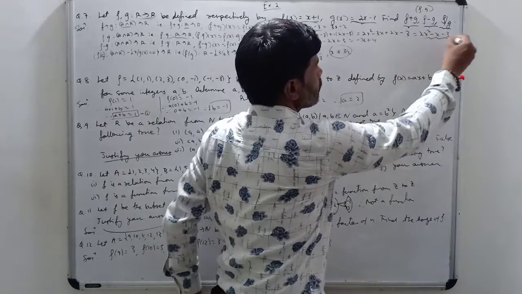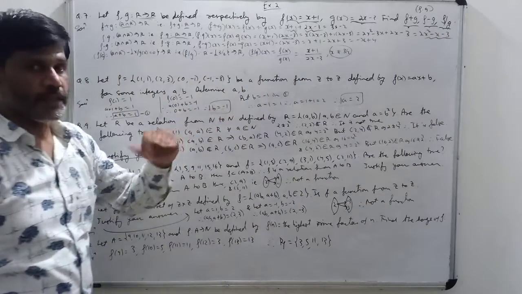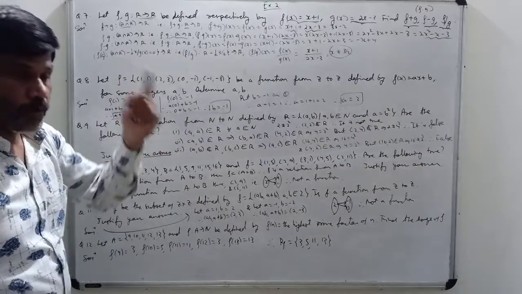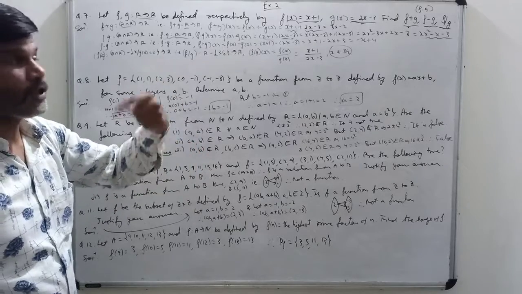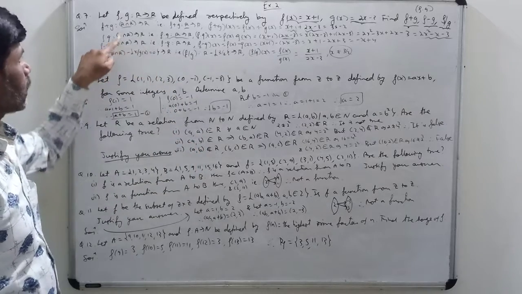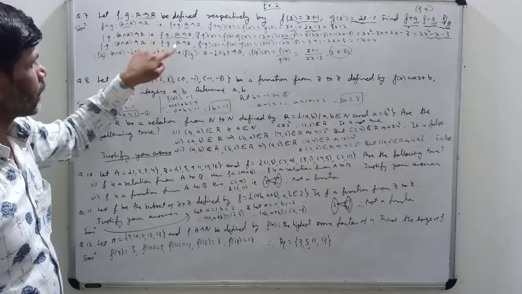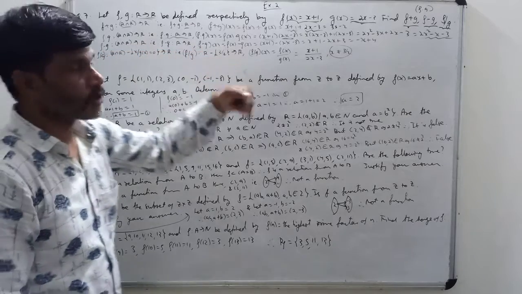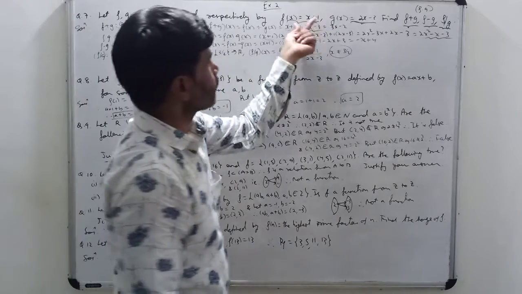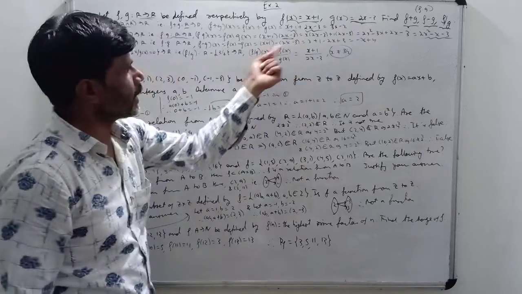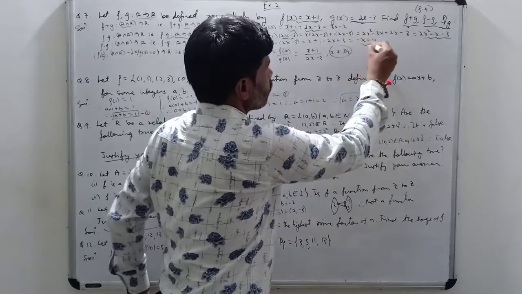Okay. Now f minus g, same: f minus g will be a function from the domain of f intersection domain of g to the common codomain R. So R intersection R to R, that is R to R, and (f - g)(x) is equal to f(x) - g(x), that is x + 1 - (2x - 3). On expansion you will get the answer -x + 4.